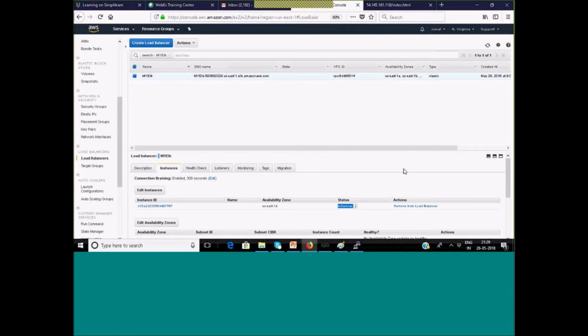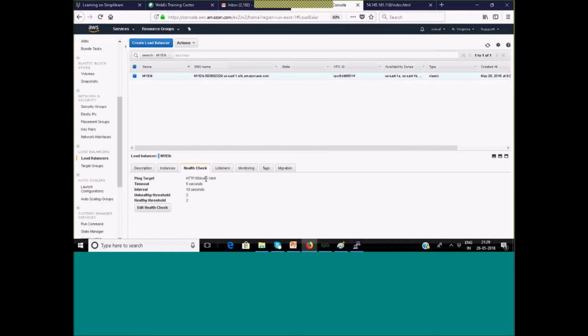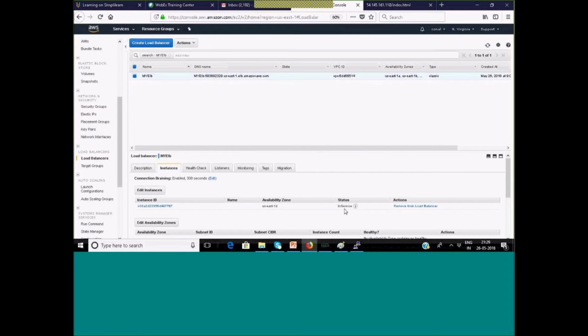Yes, you can use a Windows instance also. Just create a web page in a Windows instance, the same procedure as you do in a normal Windows environment. Create a web page, and whatever file you specify in the health check, it will try to ping that file. Okay, fine. So now it is in service.